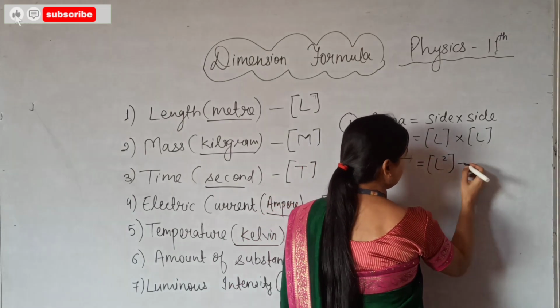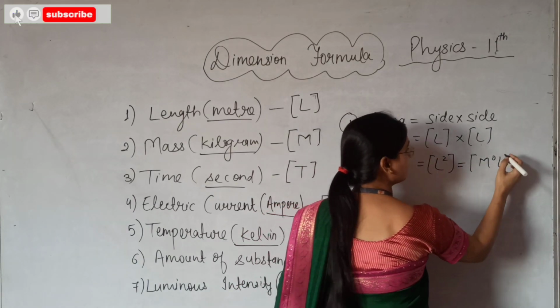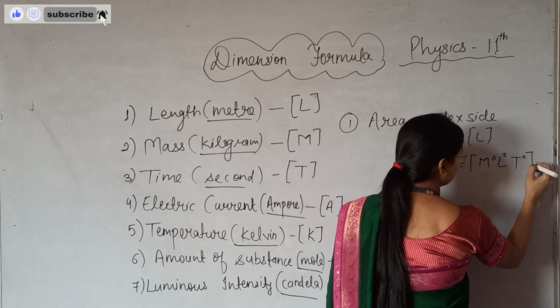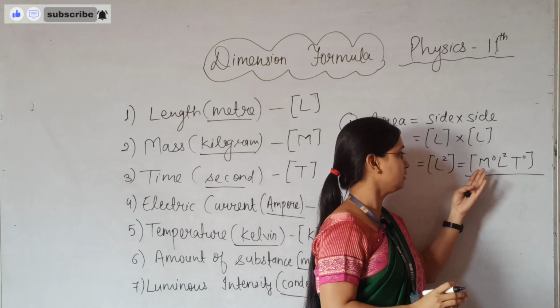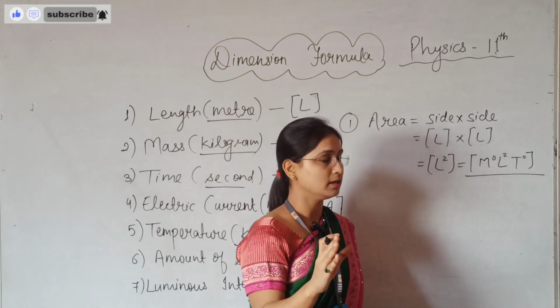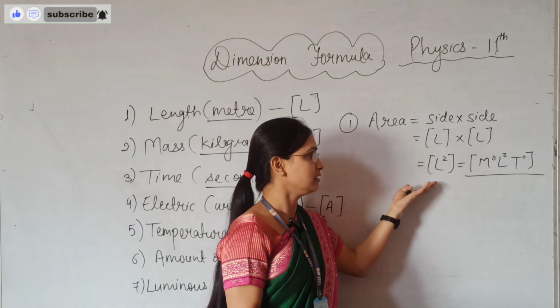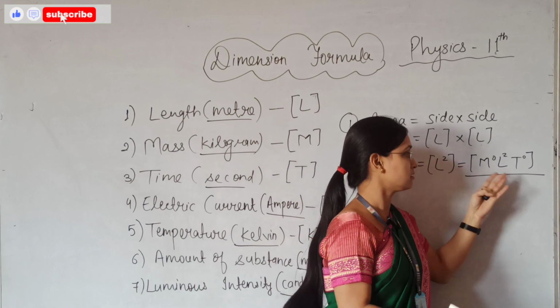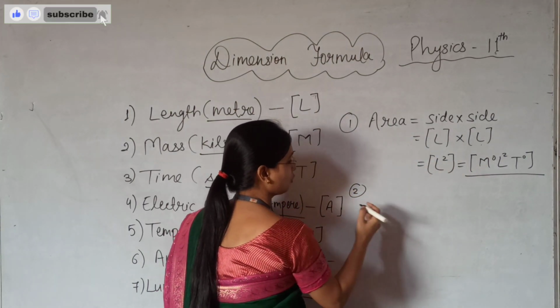We can represent it like this also: M to the power 0, L to the power 2 and T to the power 0. Because you know that if we write power 0 for any quantity, it means its value will become 1. So you can write like this also, and you can write like this also, but this is much better than this. Now if you have to find the dimension formula of speed,